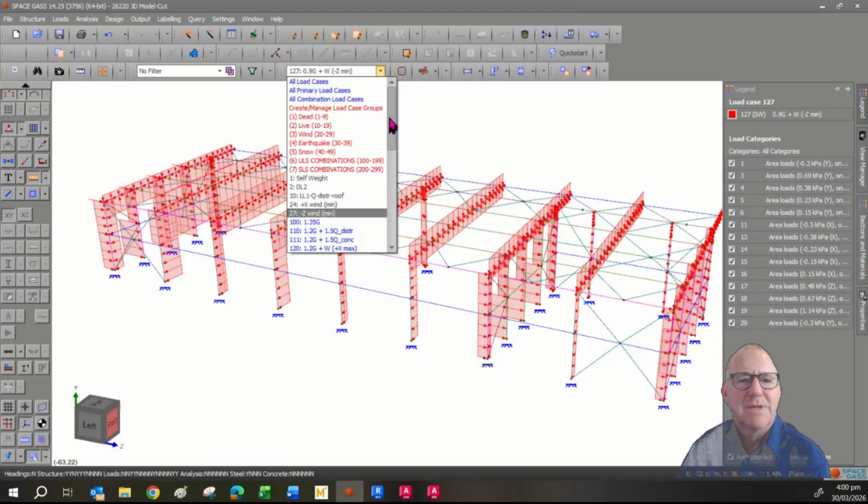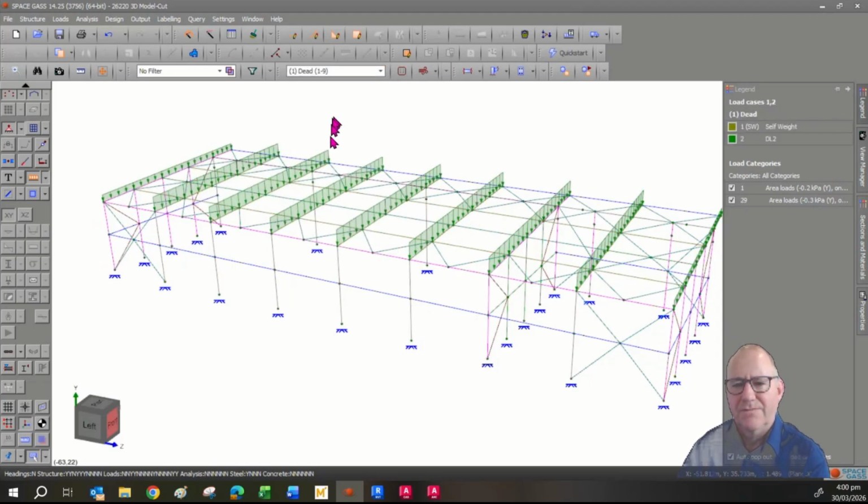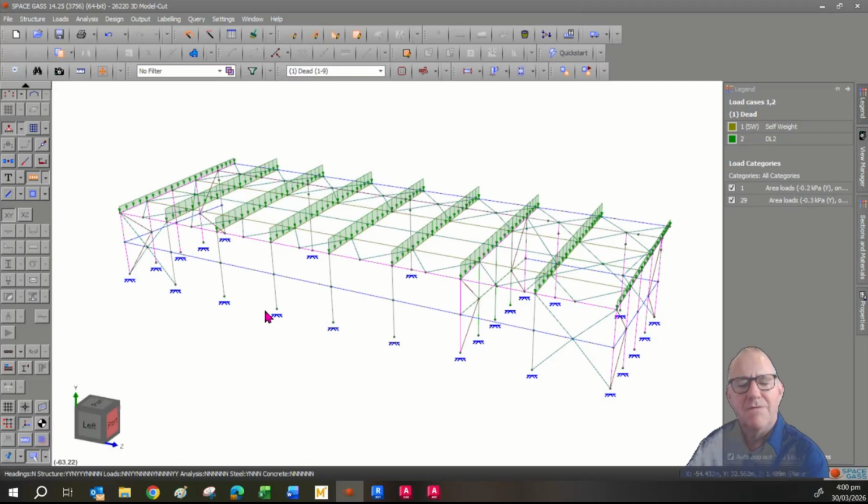You can simply define, here is a dead load, for example. We've got the dead load from the roof. Now this was defined as an area load, and this isn't easy because it drives you up the wall as to how to do it. Instead of actually defining load planes, you can define area loads by selecting the members, and as long as they're in the same plane, it will allow you to define an area load based on their tributary width. So to define an area load, select the member,